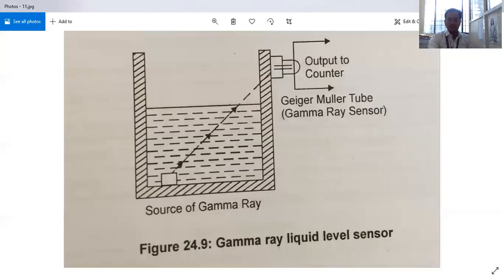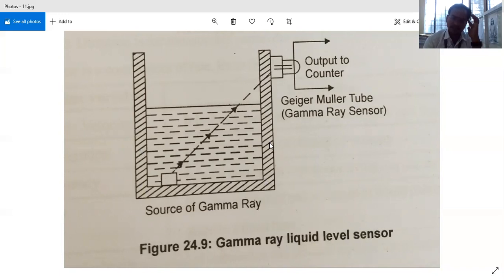Next, the last type with respect to the electrical method of measuring the liquid level inside the tank. That is the gamma ray liquid level sensor. Gamma ray liquid level sensor. So with gamma rays, there is a source. We are having a tank here. Coming to its